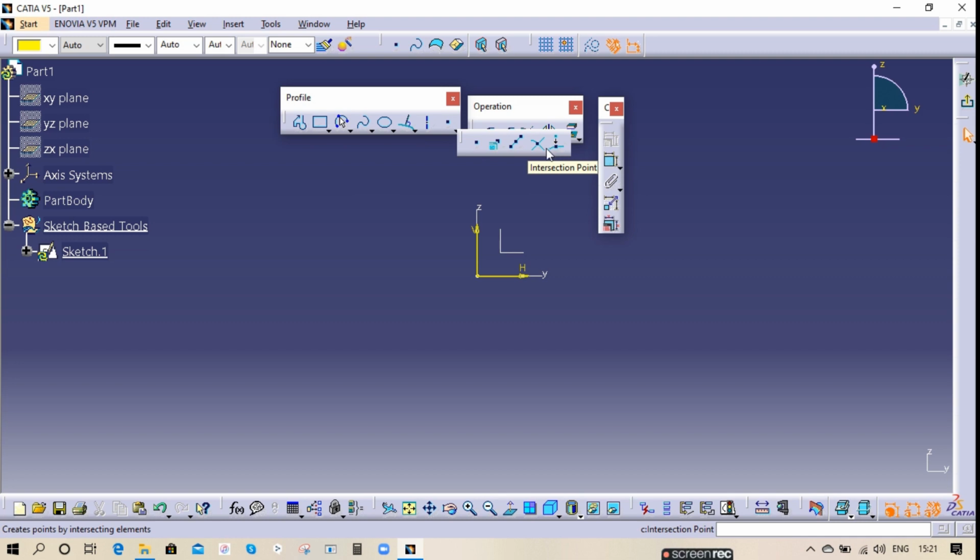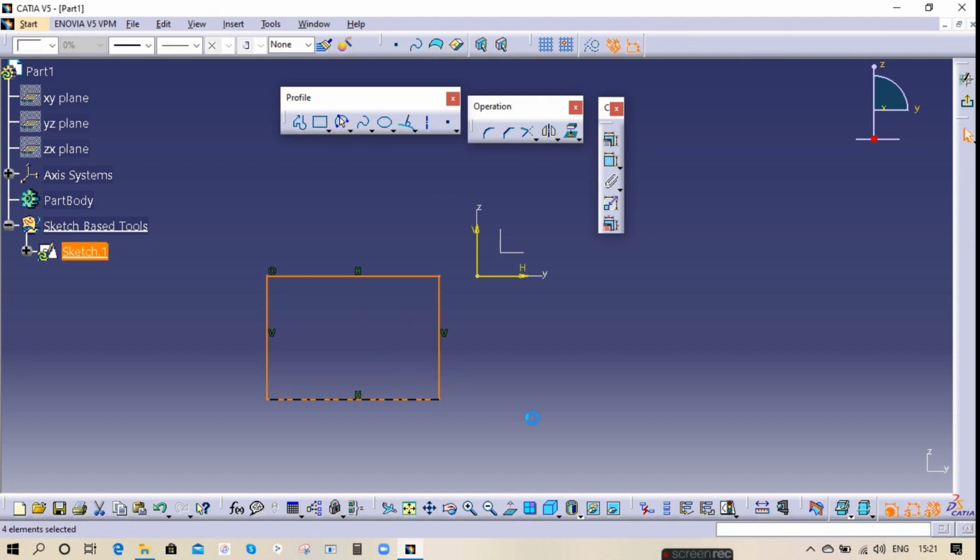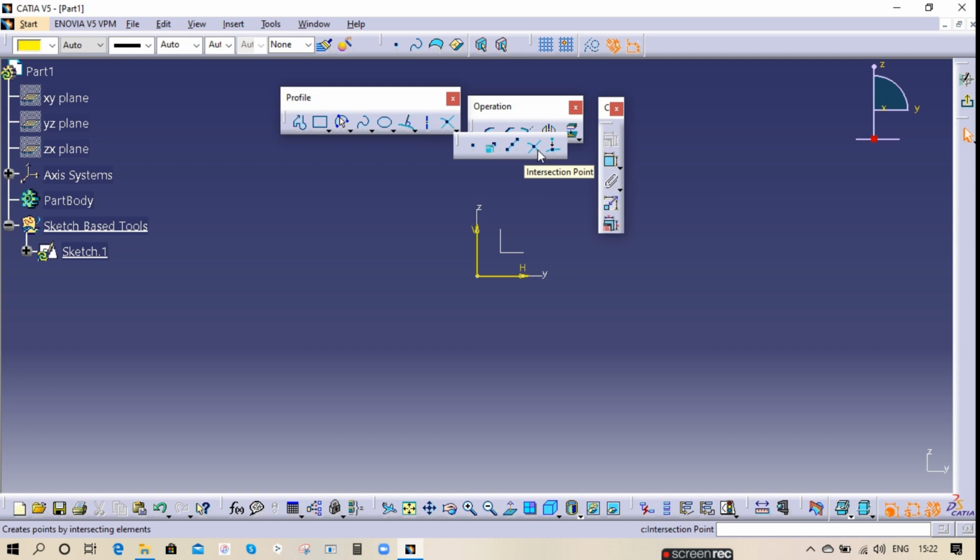If you have any two lines, for example, let's say I have one box here, I need one point in between this one. So I can directly go here, select this and this. So I got a point here. This is how the points will work. And mostly we don't use all these options. Only this option might be used, that's it.